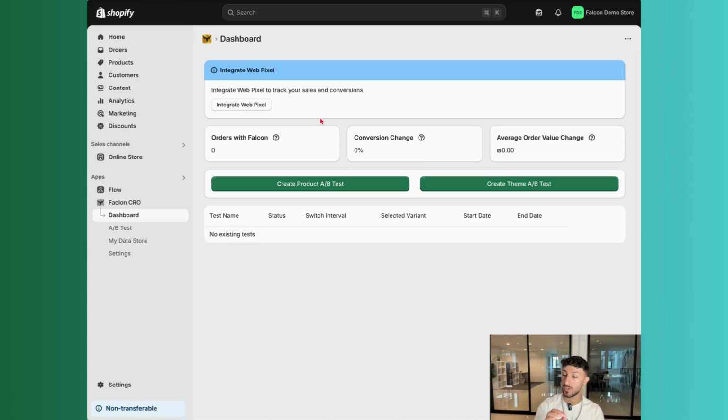The first thing you'll want to do is click Integrate Web Pixel right there at the top. That allows us to track your store's data in real time, like sales, conversions, average order value, so your test can actually measure real impact. Once that's set up, we'll head over to the A/B test section in the menu on the left to create